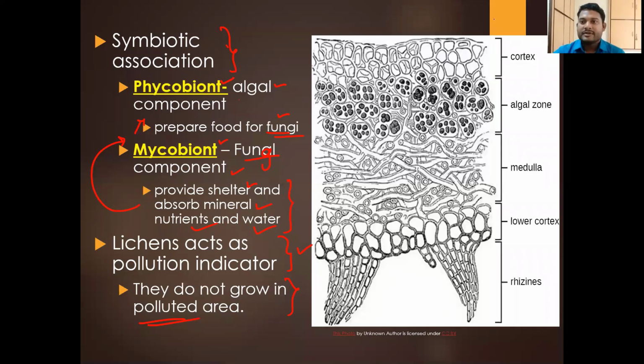Now, when we talk about the structure, you have already seen this earlier, but again, I'm just going to give you a brief overview. On the outside, you are going to have the cortex, some of the cells, a tissue, they're going to form this. And in this area, this is going to be the algal zone. Algae are going to be there. This is definitely the green component, containing the chlorophyll. And here you're going to have the fungal zone. Fungi is going to be there. And here you are going to have the structure that is going to help in absorption of the nutrition and the water. So that is regarding the lichens.